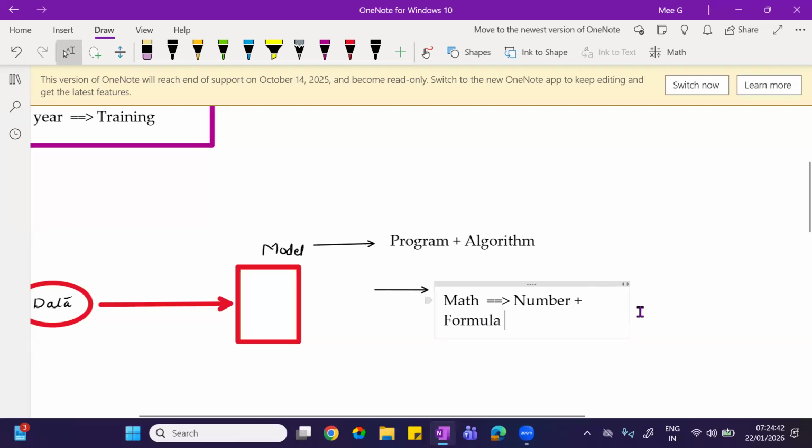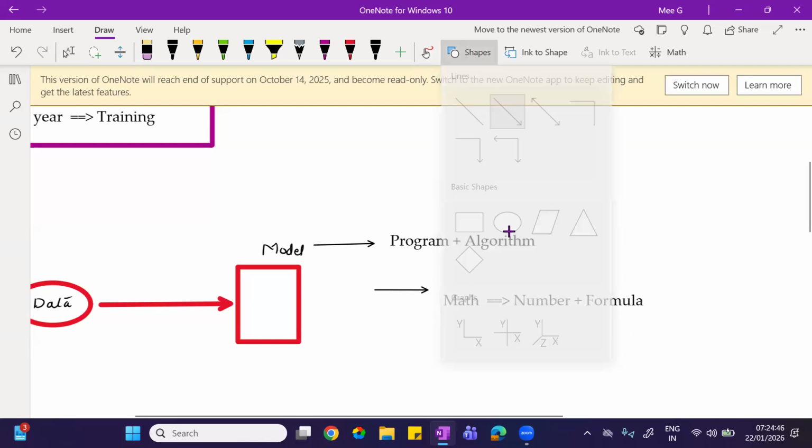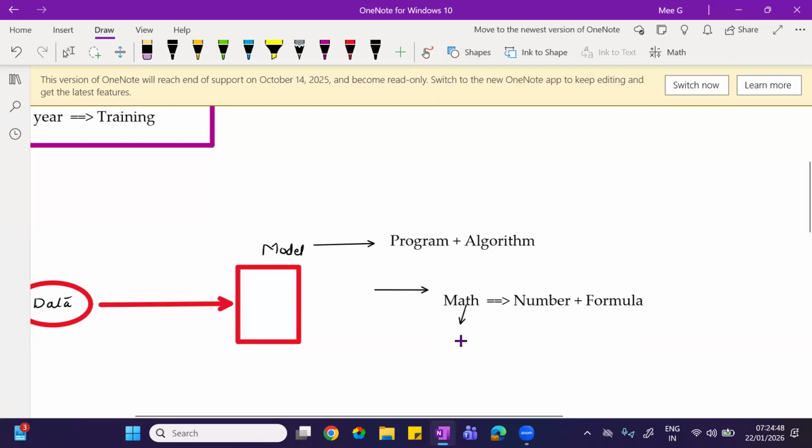Okay, there are some formulas, we will implement them. The same maths has a branch of its own, that is called statistics. What statistics does is it deals with data and it has its own formulas.